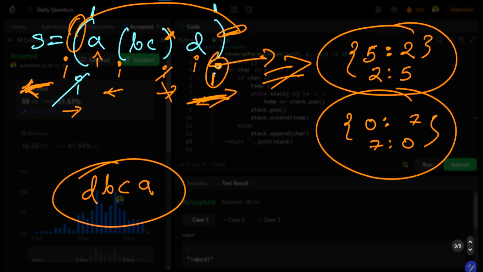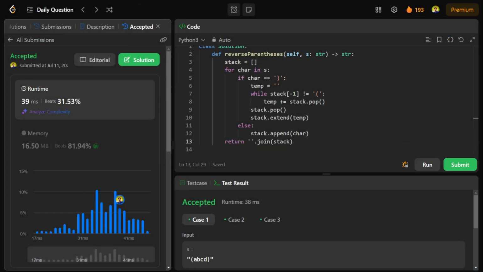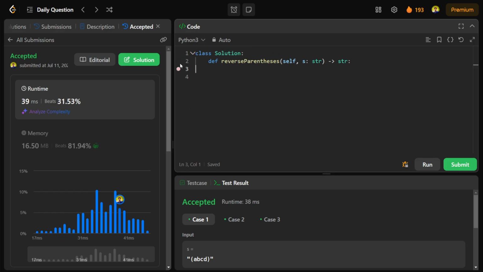So let me show you with some code example how I will be doing this sort of thing. So let me remove this particular thing. I will be using the stack again, and I will be using some mapping, some hash map sort of thing. For the stack, I have a simple array. For the mapping, I can use a list, a dictionary, or a hash table. Similarly, I will be having my result, which will be a normal empty string,